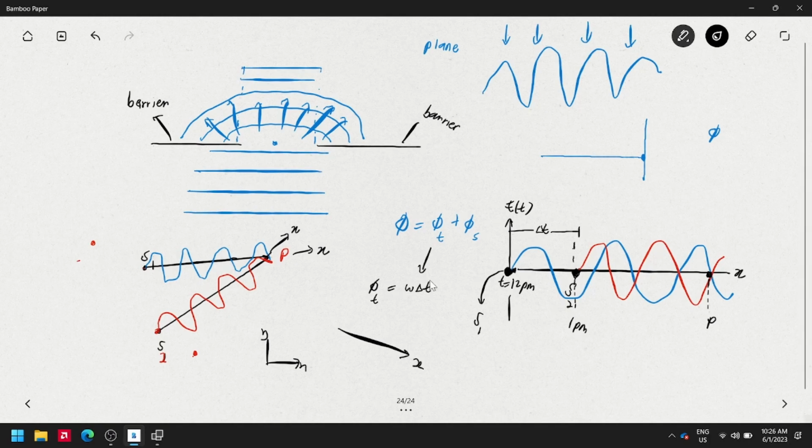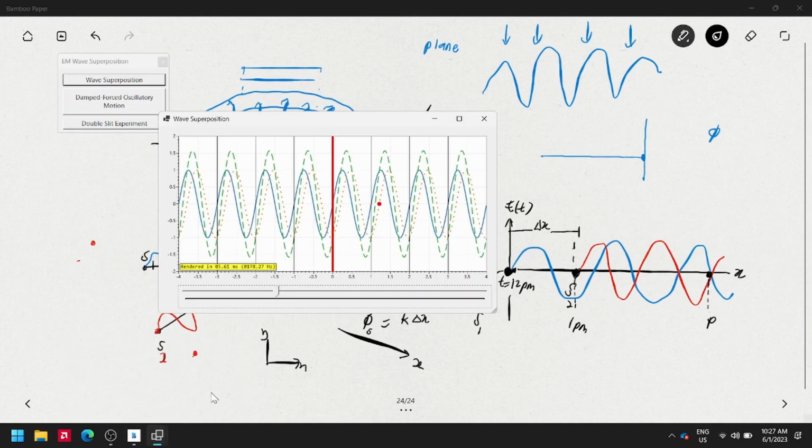So that's why I'm saying that the phase shift due to the space, or the spatial phase difference, is given by k multiplied with delta x. Instead of having delta t over here, I'm having delta x over here. So I hope you are imaginative enough so that you can imagine this. You need to use your imagination at the moment. But if you are not able to do so, I do have my own software which helps to visualize this.